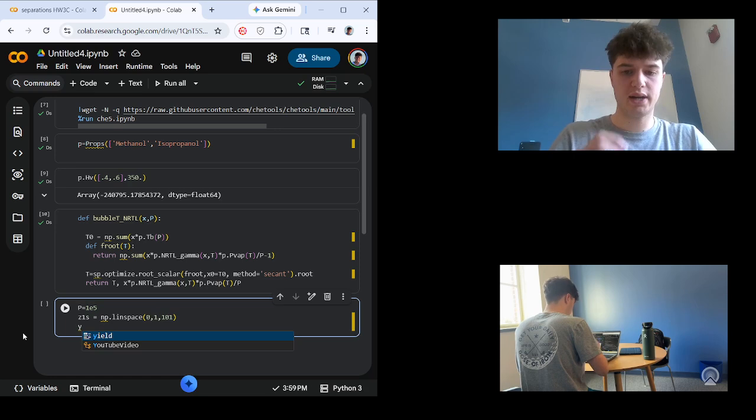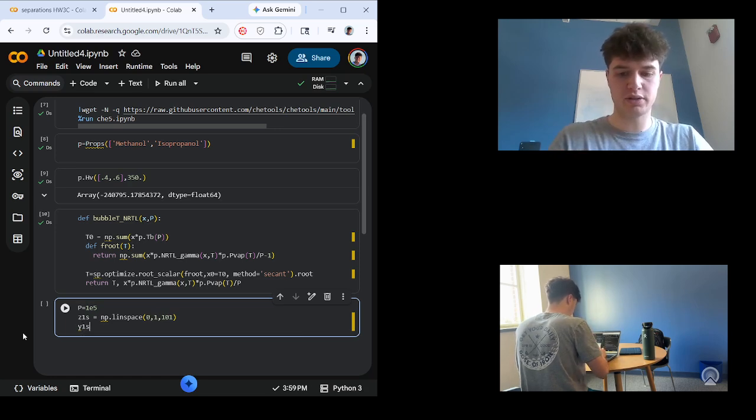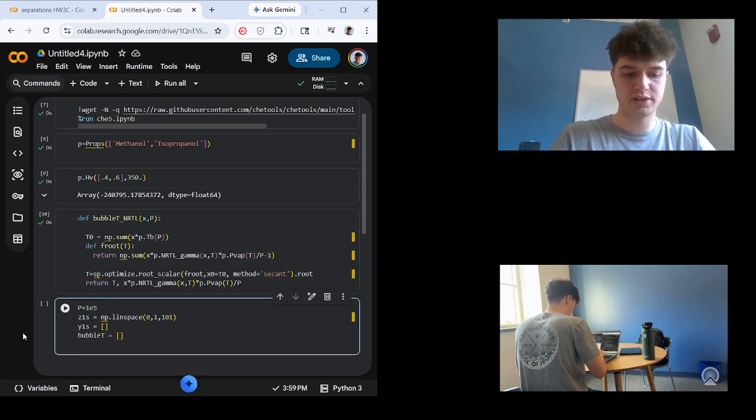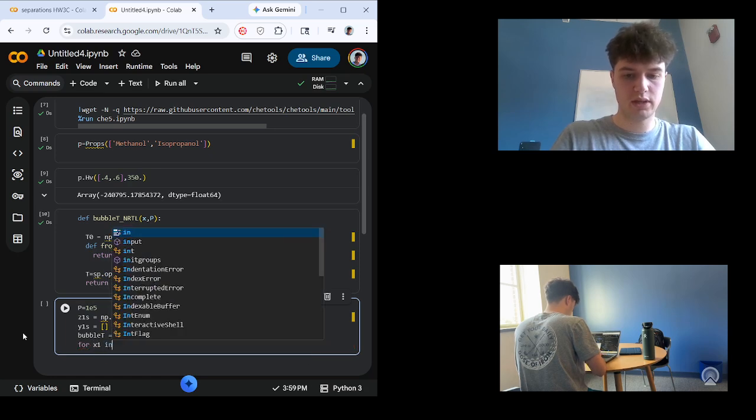And then we want our y to just kind of be an open bracket so things are able to go into it as we want. We need to say the same thing for the bubble TS. This is just going to allow us to collect all the data values per step and store it in here as an array. And then for loop x1 in